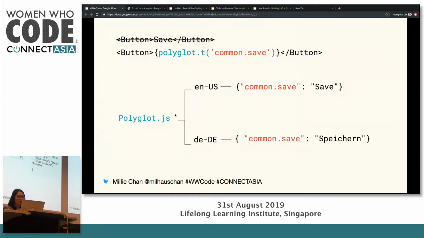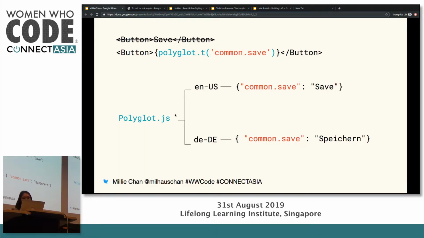So here is an example in code of what that looks like. We have some React code at the top. The old way was to have a save button with hard-coded text, but now instead we're using a third-party translator called Polyglot. If you give Polyglot a specific locale string, so let's say we give it en-US for English, and also a translation key, so common.save, it'll go through your translation files that you just created previously, and it'll return to you the correct localized string that you're looking for.